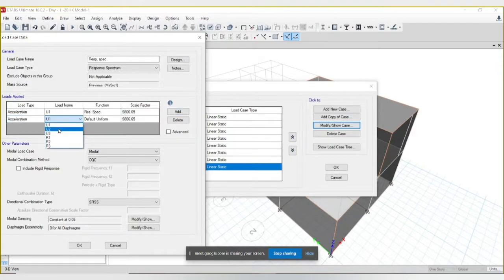One will be x direction and another one will be y direction. The function will be response spectrum. If you need to make it in another direction, that is z direction, you can introduce it, or else you can take rotation. You can take rotational force also. You can introduce